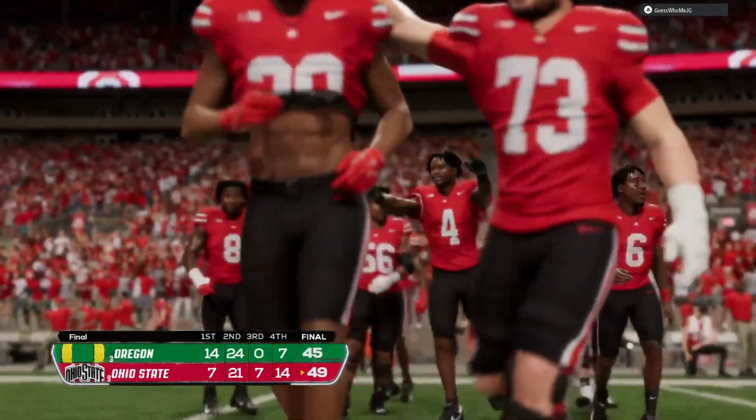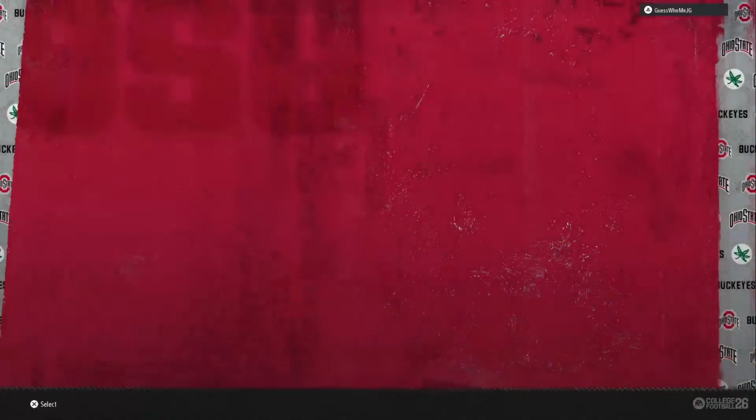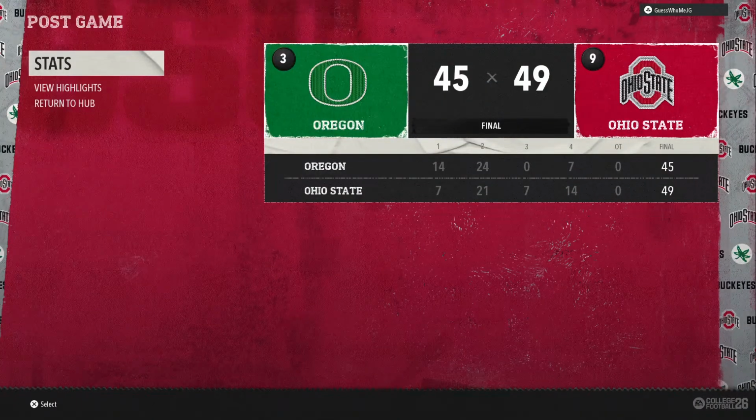Well, Kirk, based on the rankings, this technically is an upset. We just watched two really good teams slug it out, and the team that came in lower ranked picks up the W. Well, I can't believe you said slug it out. That's a first from you, but I